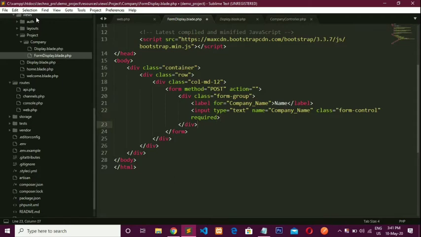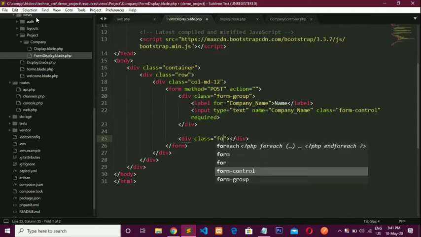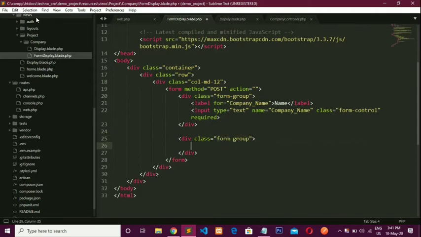Okay, now create one more form group. Take one more label for description, so company description. Now copy this and paste here.